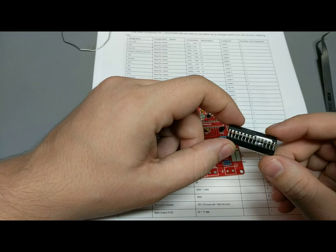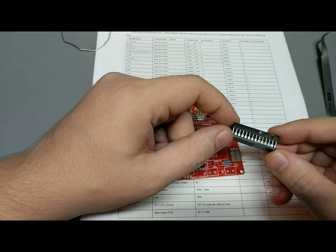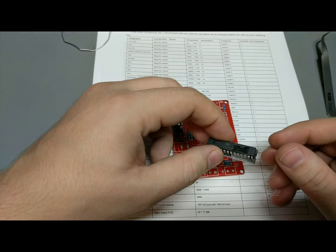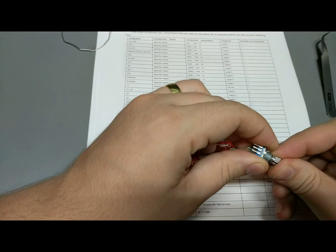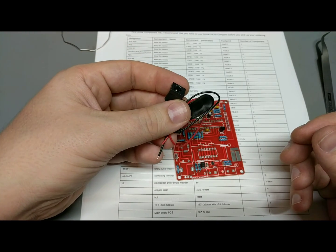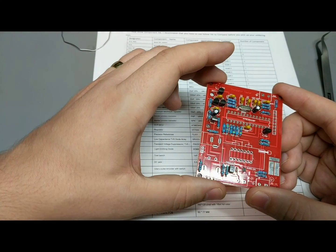So if the Atmega survives, which, theoretically, it does have ESD protection, well, we'll find out. We'll see how good it is, but we're going to do the rest of it and then put in the encoder, which is a nice push button encoder, which is fancy, and the extra power jack with the 9-volt connector. Put all those in there so they're not too difficult to put in there, and then we'll get to